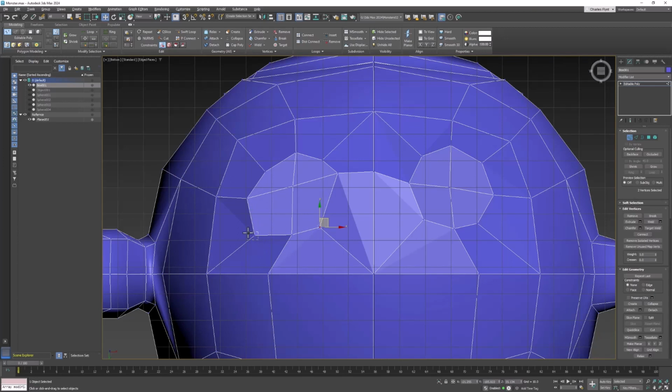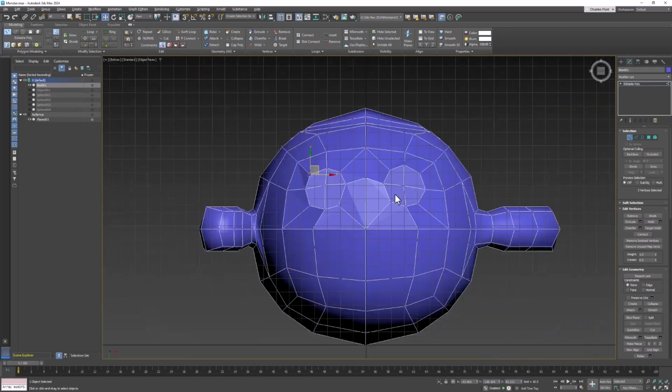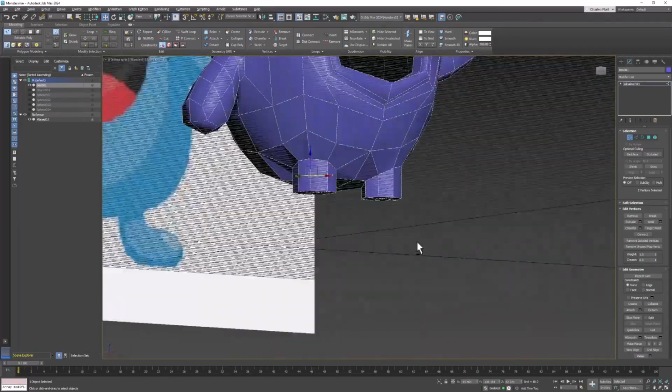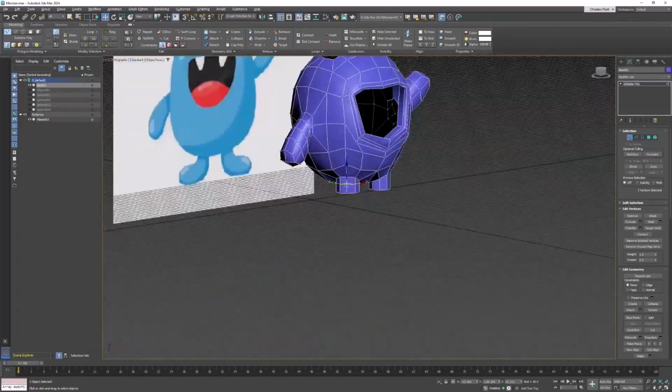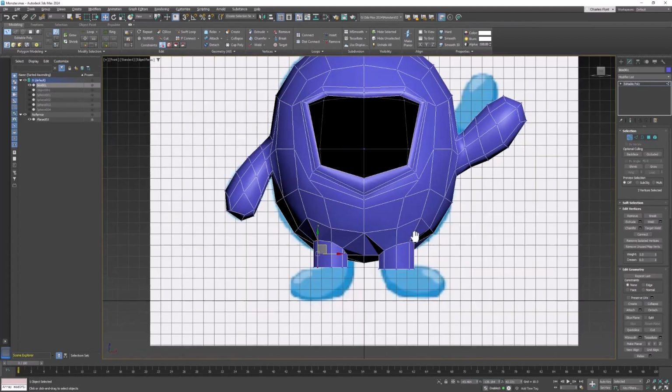See, I accidentally moved some right there. Check and see if I moved any by accident. I did not. Okay, so